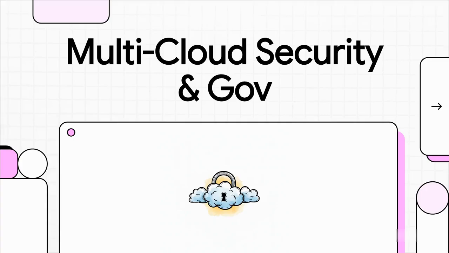Okay, imagine trying to secure a massive modern city that's constantly under construction. I mean, new buildings are popping up, roads are changing every single minute. That's pretty much what managing security across AWS, Azure, and GCP feels like. So, how do you actually protect it all without bringing everything to a screeching halt? Today, we're digging into one of the biggest, yet quietest threats out there and how to build an automated defense